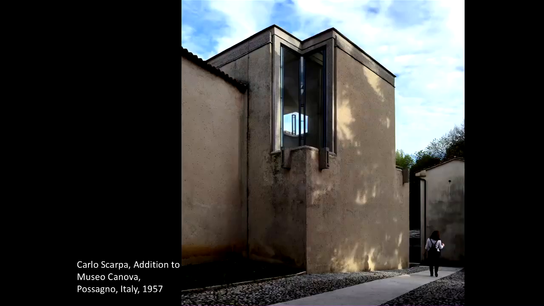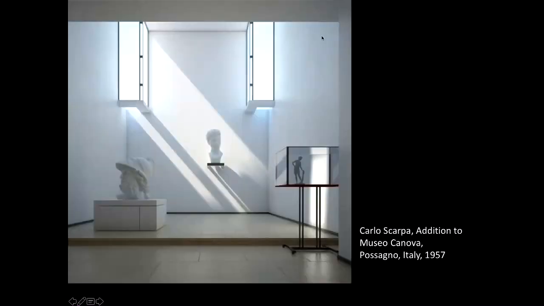This is an addition to a museum that's featuring the work of this artist Canova, a well-known sculptor. And I think he was, I'm not sure when, perhaps Baroque or neoclassical sculptor. And on the outside, it's a bit plain, not that exciting, except I find this window detail amazing, where you would normally just have this rectangular box shape. But what does he do to bring light? I'll show you the interior effect, to bring light into this museum.